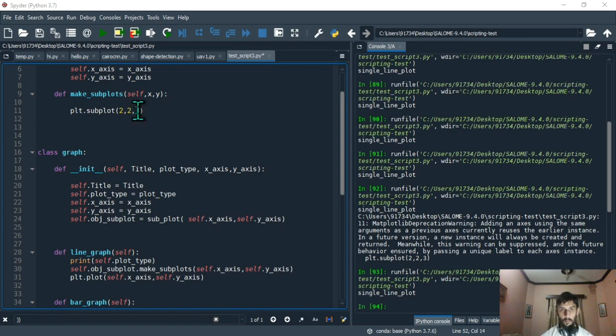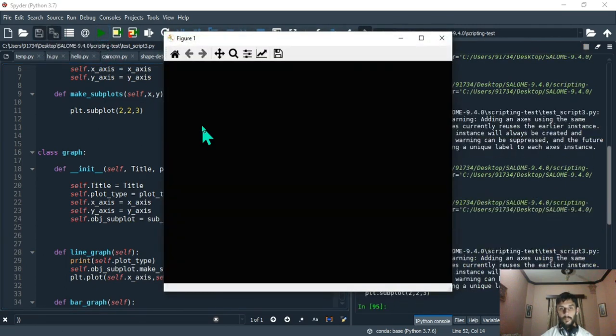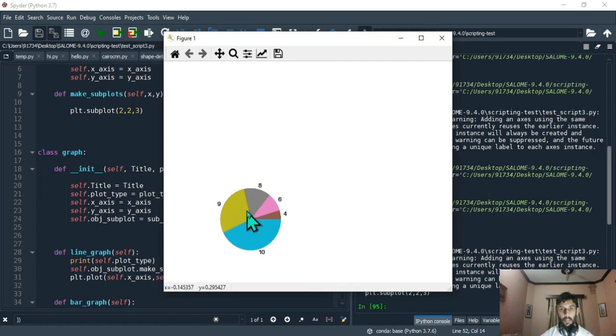Now the third number here is very important, because this tells you the first position from where the plotting is going to start. So obviously we need to start it from 1. Let me quickly run this and show you exactly what I mean. So you have it here, right? This was 2 by 2, so you were meant to have 4 figures: one is this, one above it, one to the right of this one, and then one to the right of this one. But just because you gave number 3, it started off from 1, 2, and 3. So it started off from here. You're meant to be starting from 1, 2, 3.